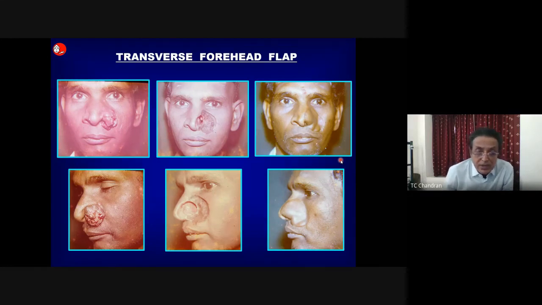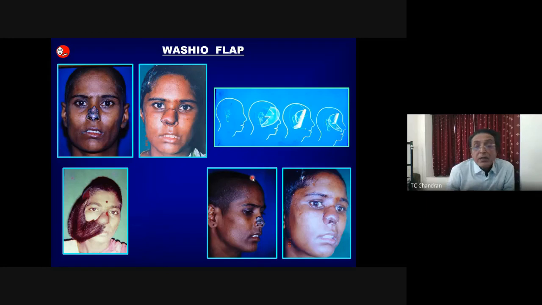Now, this patient was operated 35 years ago, when primary reconstruction in those times was not popular. So first stage, I have done an excision with a skin graft there. And in the second stage, I have taken the transverse forehead and brought it here. And the third stage, I have returned the flap. So this again is a very good option.